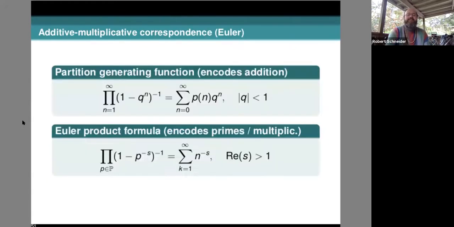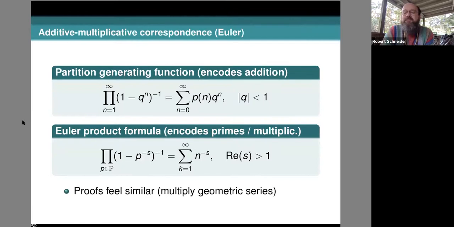And so looking at these two formulas of Euler's, the proofs kind of feel similar. On the left-hand side, you expand a geometric series, you collect the terms, and on the right-hand side, you get a sum over the integers. On the right-hand side, in each case, you have a sum over a really nice set, the integers. In the top equation, though, your coefficients are this hard-to-find sequence, the partition numbers. But it's easy to compute because on the left-hand side, the product is also over the integers. It's such a nice, easy sequence.